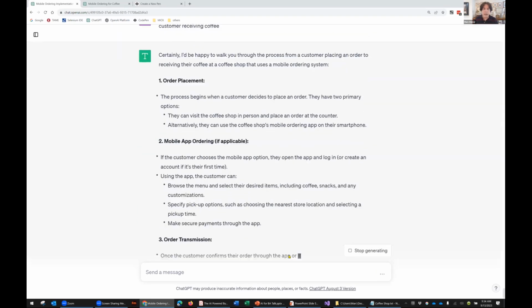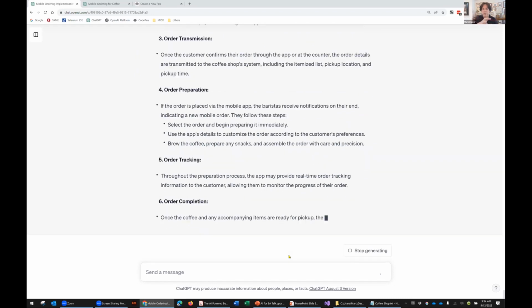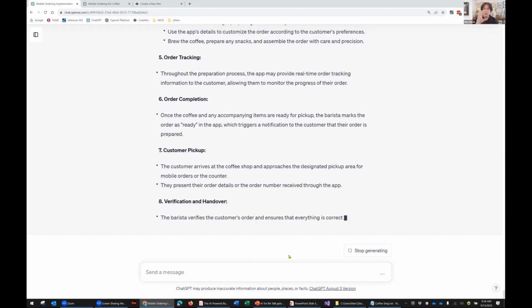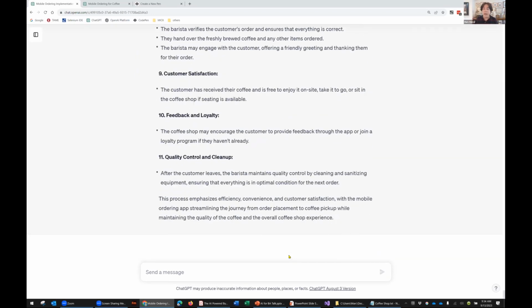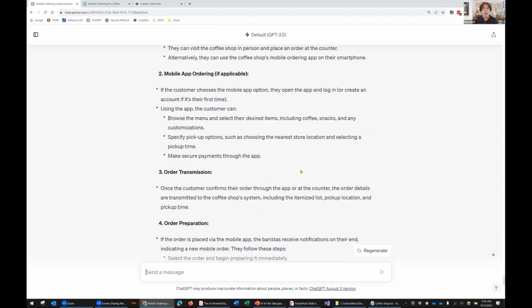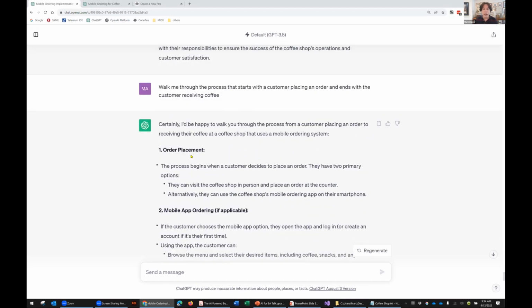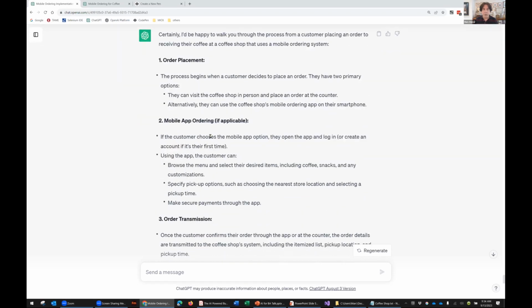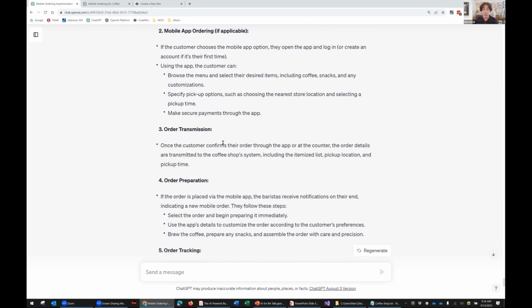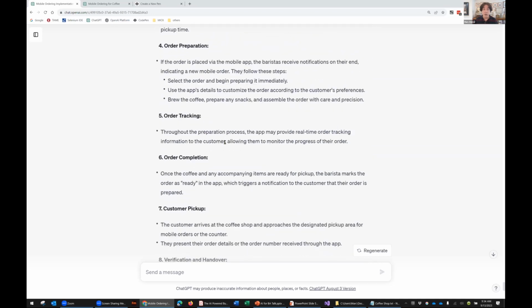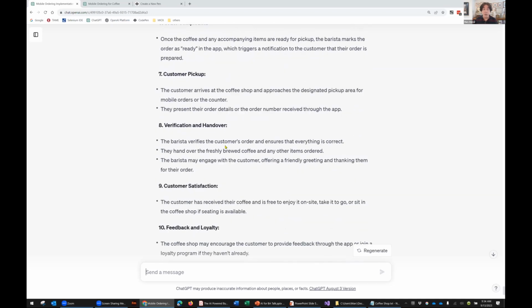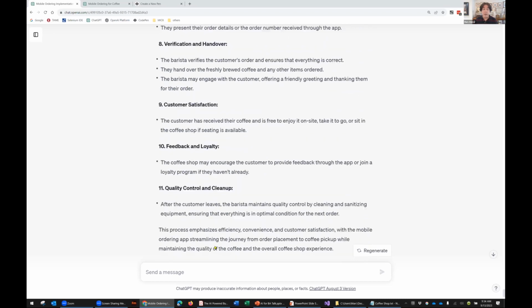Okay, so now we can look at these various stages we have here. All right. So I can look at any one of these particular areas and say, order placement, mobile app ordering, if applicable, order transmission, preparation, tracking, completion, customer pickup, feedback, and loyalty.